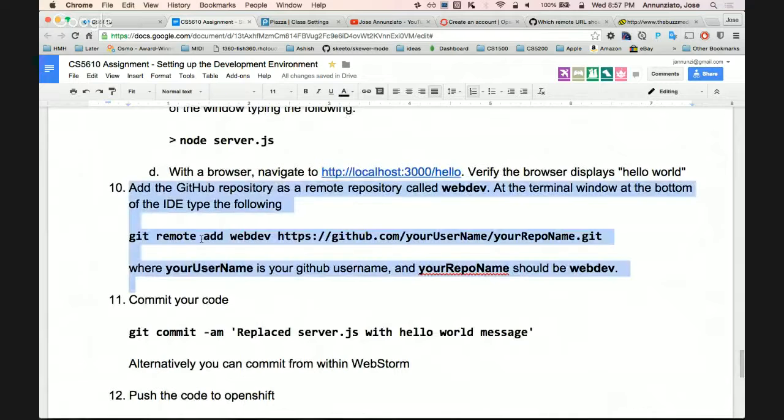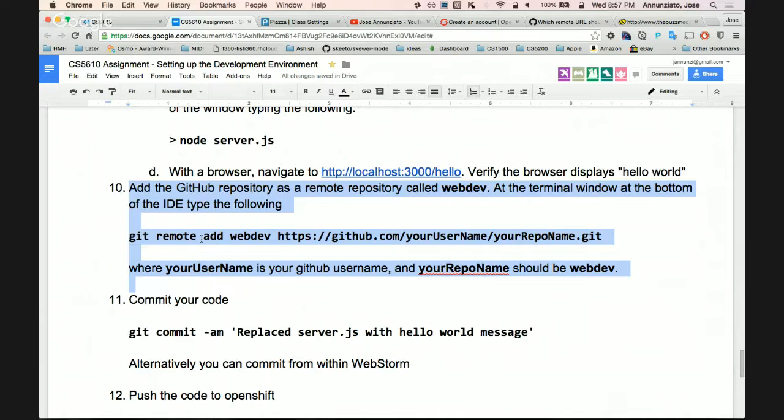Here's where I ask you to have the two gits. You're already going to have the git from OpenShift, but I'm also going to ask you to have the second git, the one for WebDev Spring 2016, with that repository.